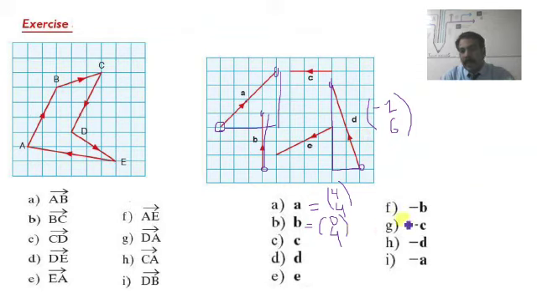Similarly, if we have to find out -b or -a or something like that, say for example I have to calculate -d. So what I will do, I will put this minus sign and I will copy (-2, 6) here because it is already calculated. Then multiply minus with both the values and you will get the answer, that is (2, -6).